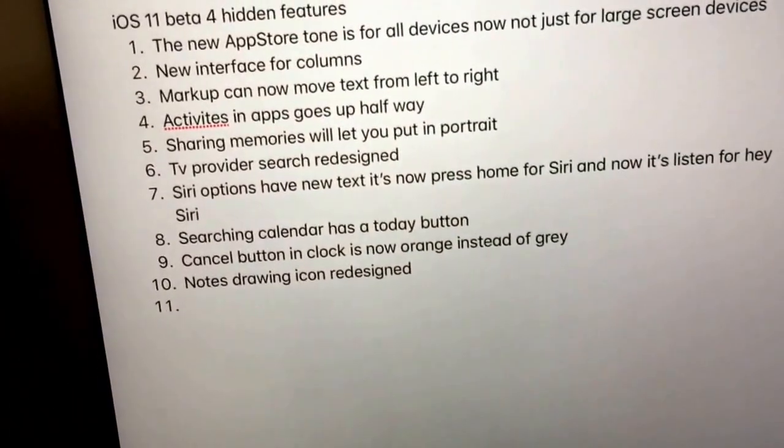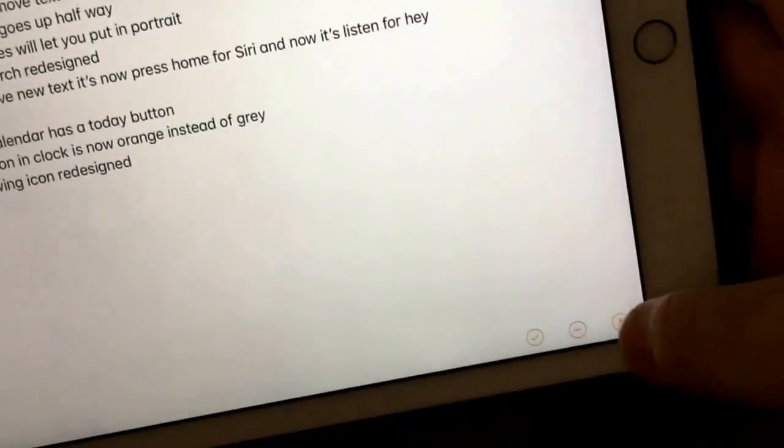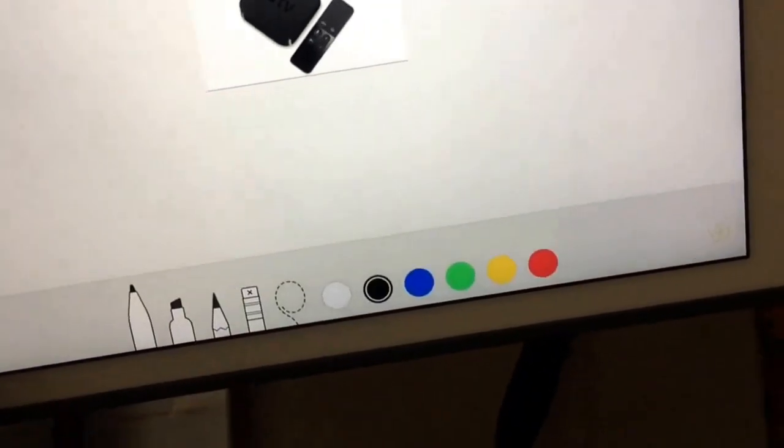The markup feature: when you mark up a photo, you can now move the text from left to right. Let me demo it. Let me get to my photos here so I can demo this, in my Notes app. Let me find a photo here in my photo library. For this TV photo here, when I hit the markup feature,